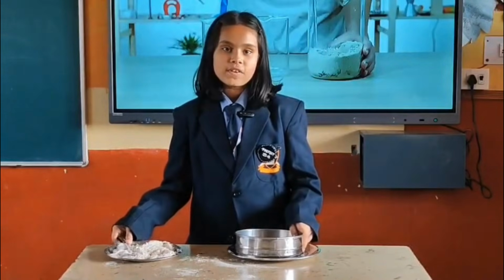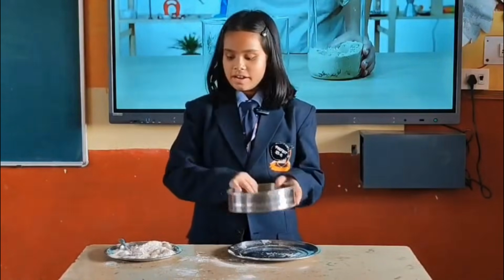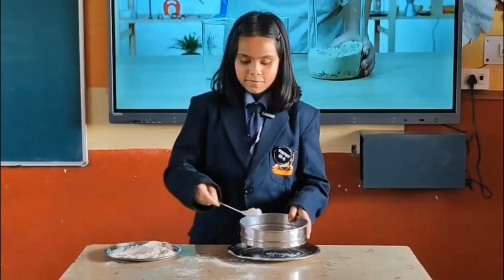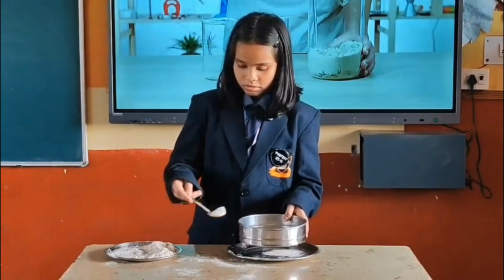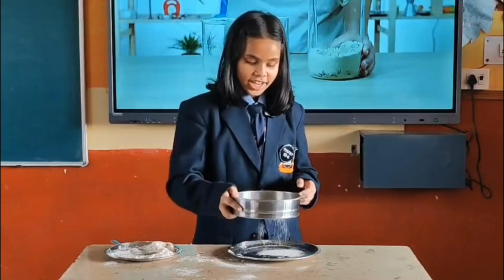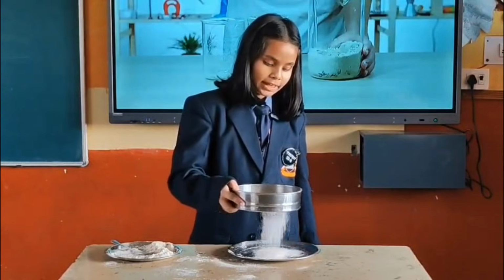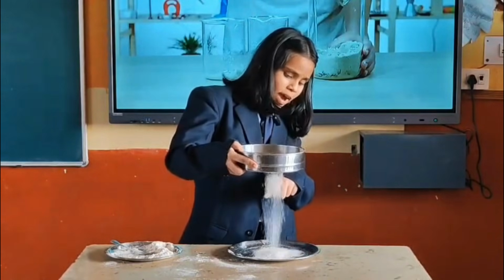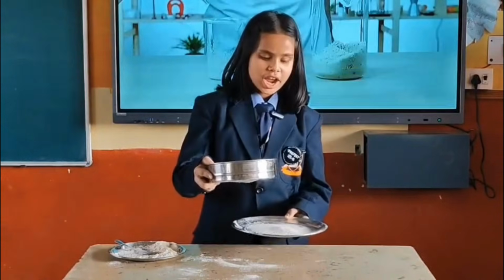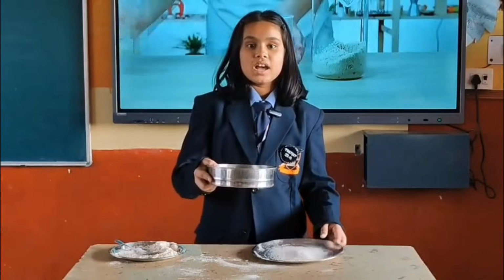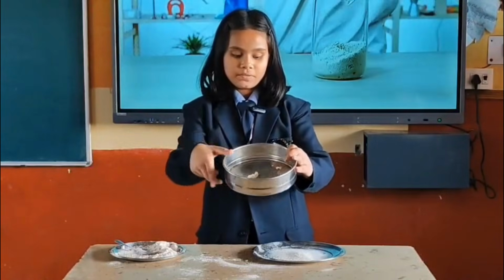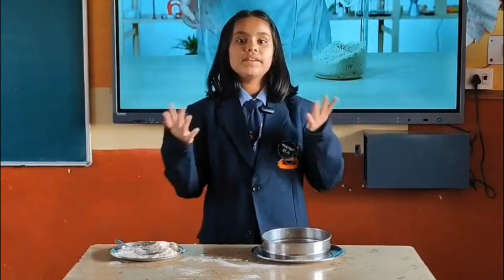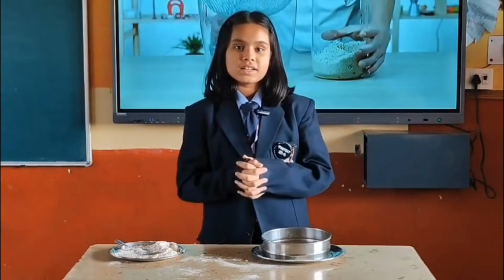Here, I have some wheat flour and a sieve. And now, I will put some wheat flour into the sieve and then shake or vibrate it manually or mechanically. As we can see, the finer particles pass through the mesh and are collected below, and the larger or coarser particles, which we can call impurities, remain in the sieve. By this demonstration, we have found out how the sieving method works.